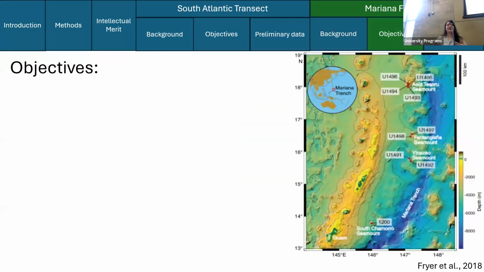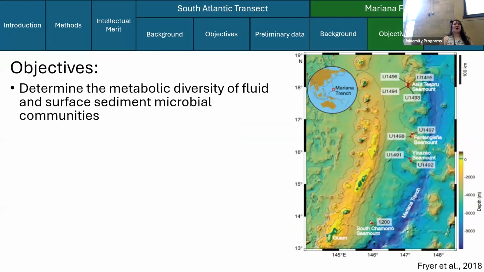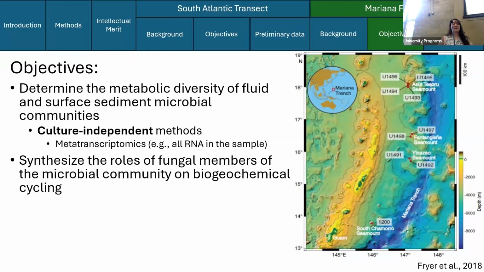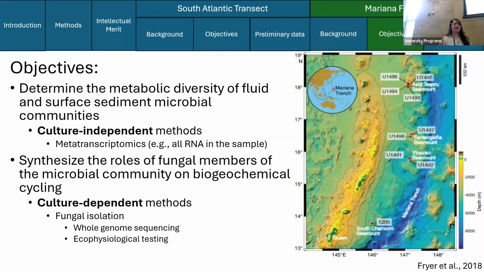So the objectives for these two chapters of my dissertation are to determine the metabolic diversity of fluid and surface sediment microbial communities, and that's through culture-independent methods. And for this, we'll be focusing on the metatranscriptomes, which again is all of the RNA and the active functional genes in the system. And then the second chapter's main objective is to synthesize the role of fungal members of the microbial community on biogeochemical cycling. And again, that's using culture-dependent methods similar to the other site, with fungal isolation, whole genome sequencing, and